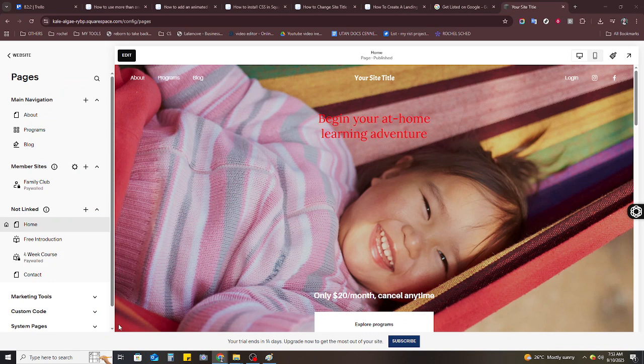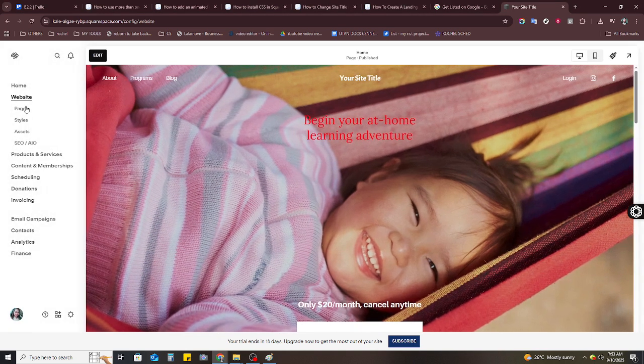First, you'll want to log into your Squarespace account and open your website. Once you're on your dashboard, direct your attention to the left sidebar where you'll see a list of options. Click on the one labeled Pages. This is where you manage all the different sections of your website, from your home page to any additional content